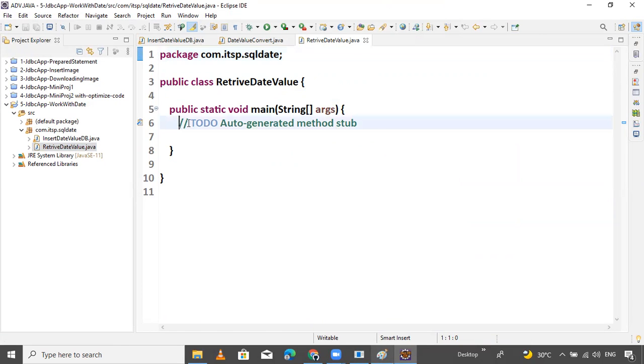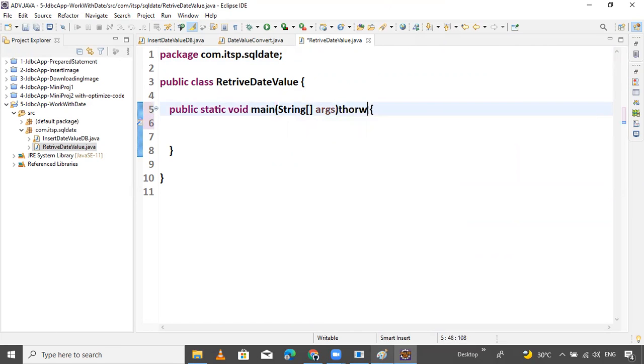First, we establish the connection, same as the statement. First of all, throws the exception. Not using try and catch still. Why? Because this is the initial way. I will show you more and more practical. Don't worry.